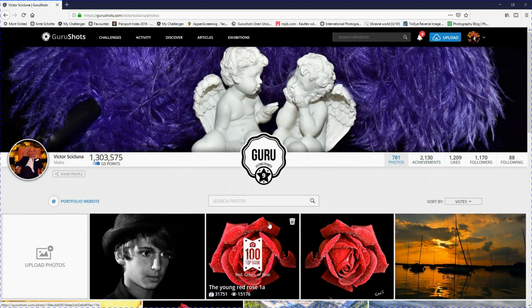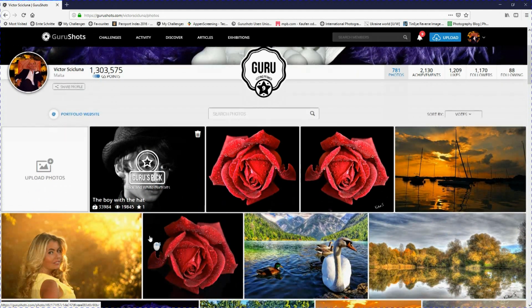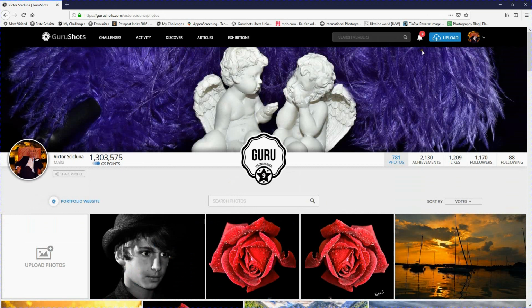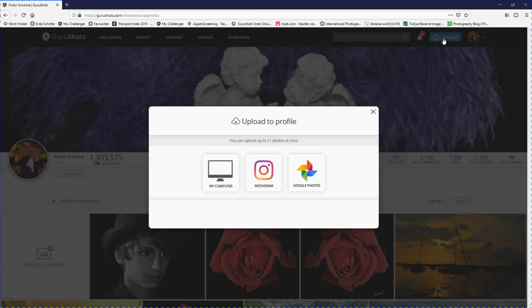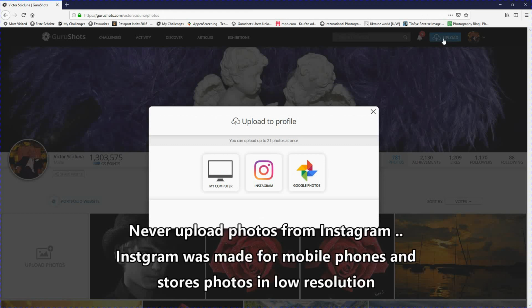Okay. Now here is very important: the photos I am going to load that I can later work with. So very important is this button when I press upload. Now when I press upload, it gives me at least 3 different options: from my computer, from Instagram, and from Google Photos. I don't use Google Photos, so I don't know much about it, but I use Instagram and of